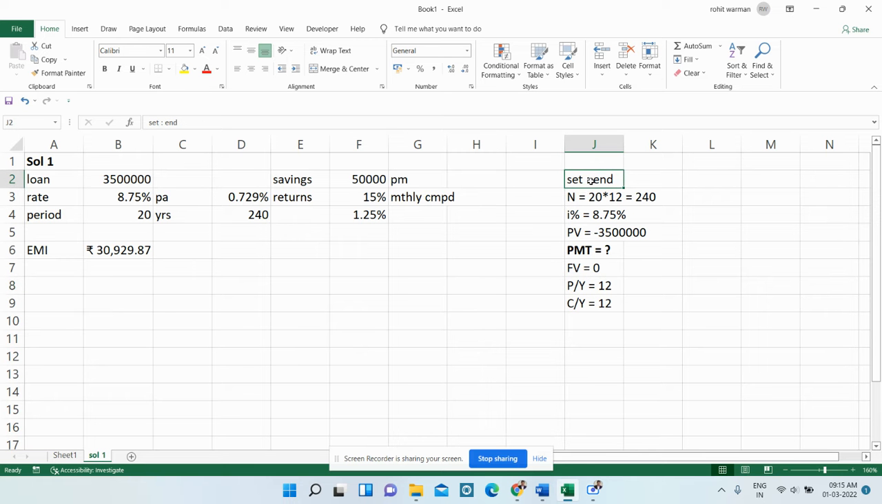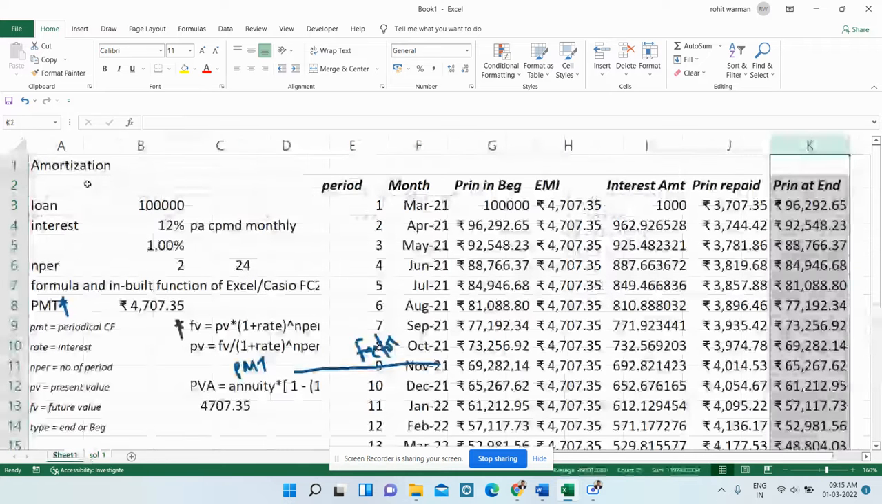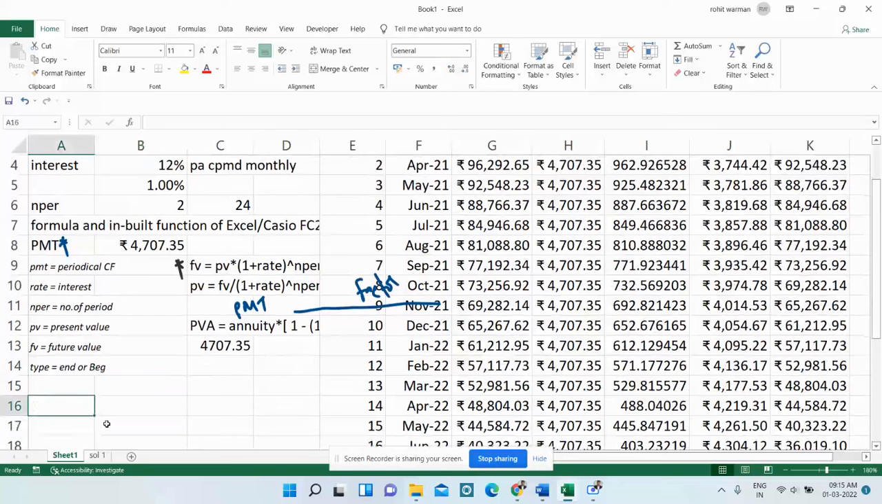And loan is always end. So always remember, I'll put a note here on this sheet. I will mail you. The note is: